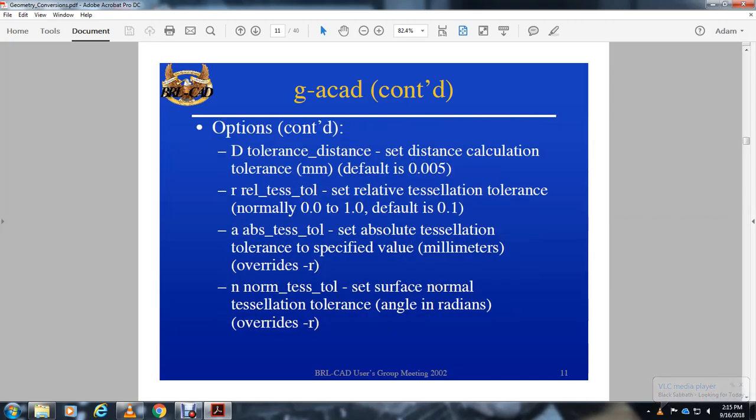Tolerance distance of the calculation in millimeters, default is 5,000 or 5 to 10,000. They are release test tool. The relative tessellation tolerance of 0 to 0.1 to 1.0. The default is 0.10. The ABS tessellation tolerance, absolute tessellation tolerance specified value in millimeters, overrides R. No nominally tessellation tolerance set sort of the normal tessellation term, which is the angle in radians, overrides or